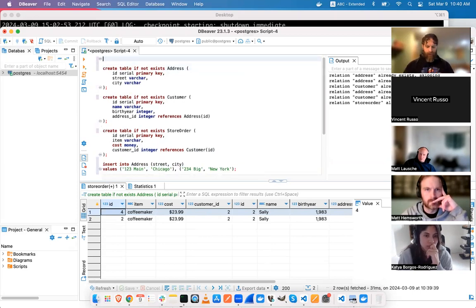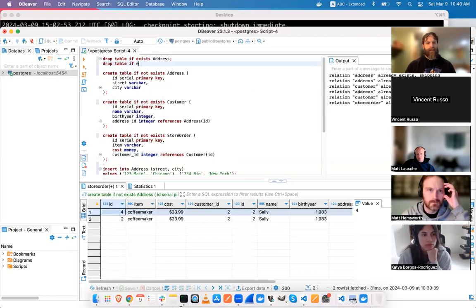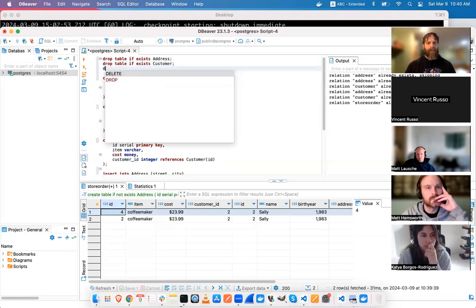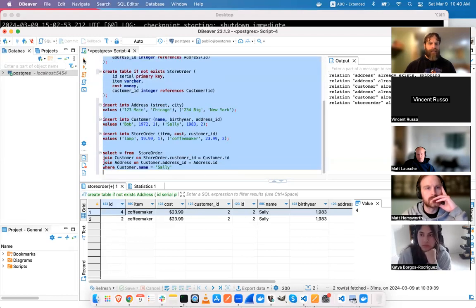Another thing you could do, if you want to experiment and run things over and over again, is drop table if exists address, drop table if exists customer, drop table if exists store. And now if I run this,